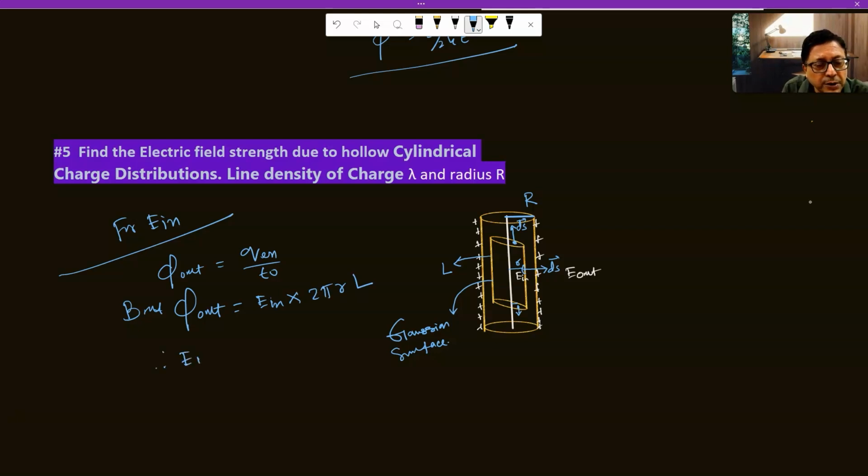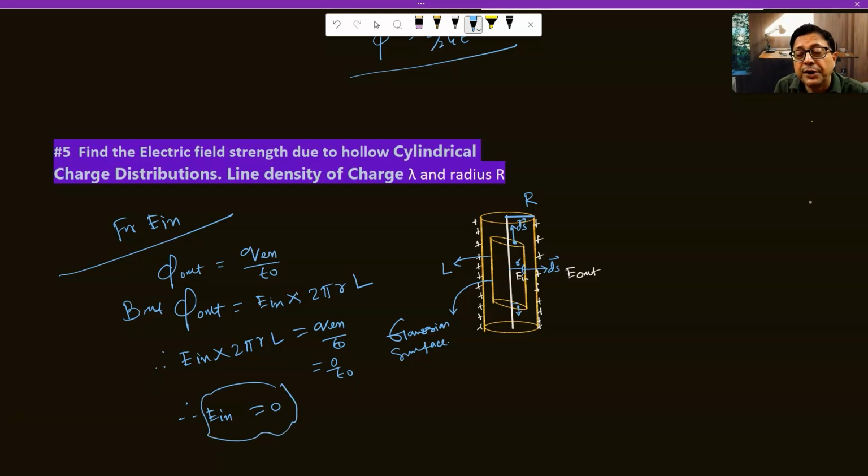Therefore, E in into 2 pi RL you compare with Q enclosed by epsilon 0. But the Gaussian surface encloses no charge. So E in is going to be equal to 0. This will occur till what? E in will be equal to 0 till the radius of the given cylinder. So electric field will be 0 from 0 to R, because the axis is our reference line from where